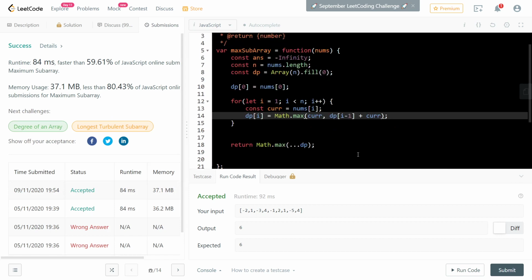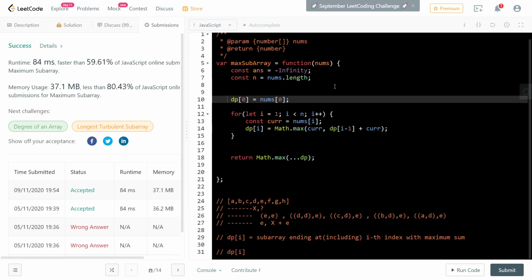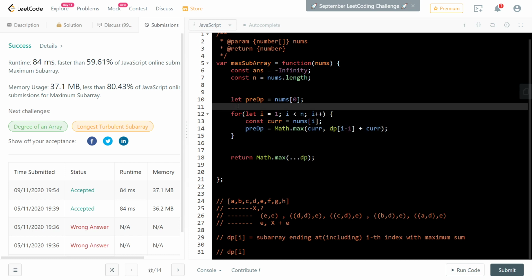There is one more thing you should notice to save memory: we are only looking at the previous value of dp. For example, for I, I am not at all looking at other values of dp, right? So instead of making an array of dp, we can just have let previous dp value, right? And then you can just say here that previous dp value is equal to, but here answer will also be equal to,